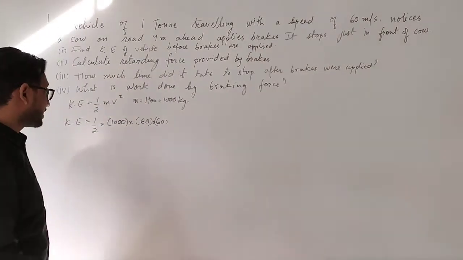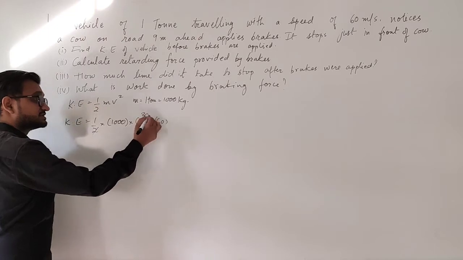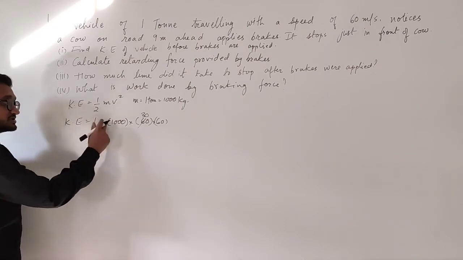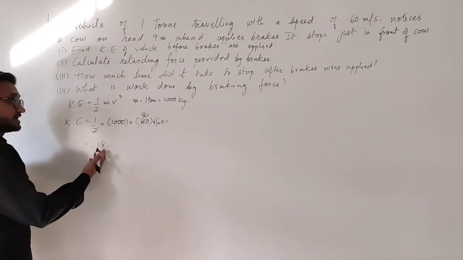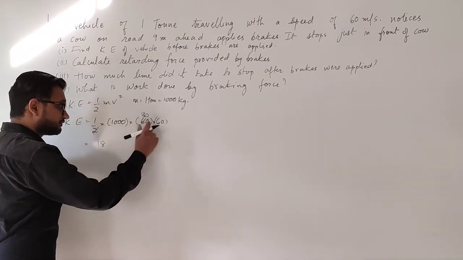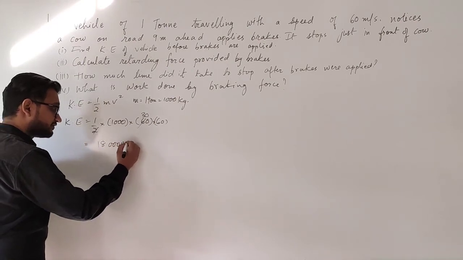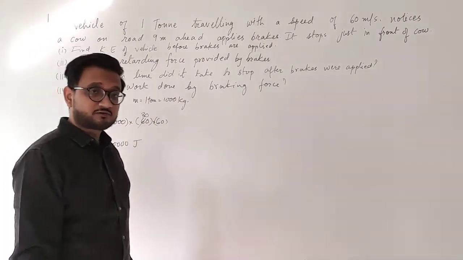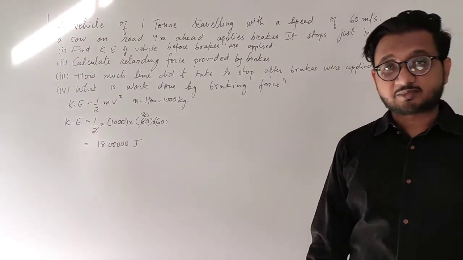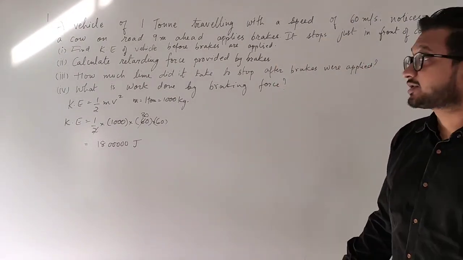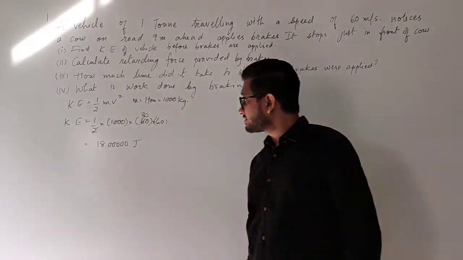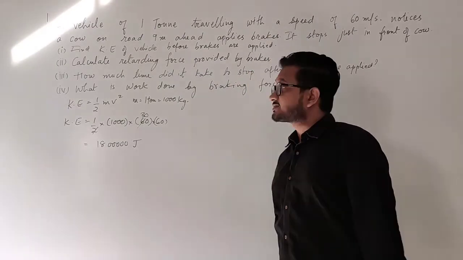Okay? Simple. Now you just have to do 2, 3 is 6 and 0 as it is. 3 into 6 is 18. So I am writing 18 because this is 1 and 1. So multiplication of 1 is as it is. So 3 into 6 is 18. And now you need to count the number of zeros. So 3, 4 and 5. So 1, 2, 3, 4 and 5. So this much amount of energy is the vehicle having before the brakes are applied. That is a huge amount of energy because the mass is more and the velocity is more. I hope it is clear to you, student. Quite simple actually up till this point.